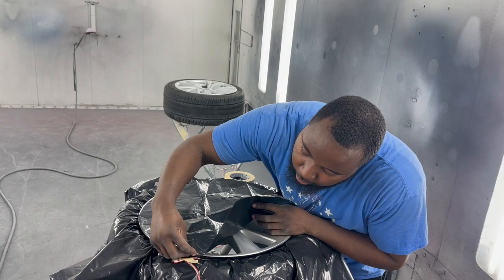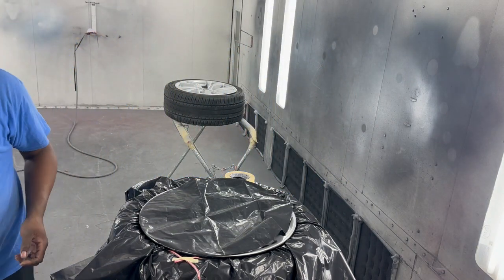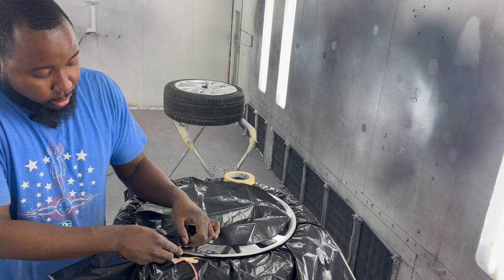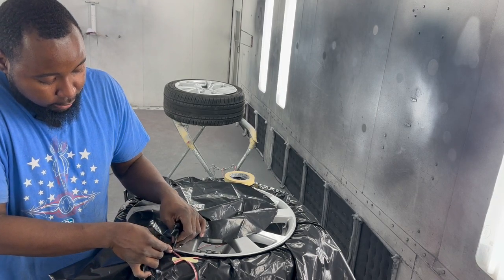But the only reason we're just doing this now is because I already had the tire busted down. I already put tires on it. I just didn't air them up, so this is the only reason I'm doing this method here. There are other tools as well, well, not other tools, I'm sorry. There are